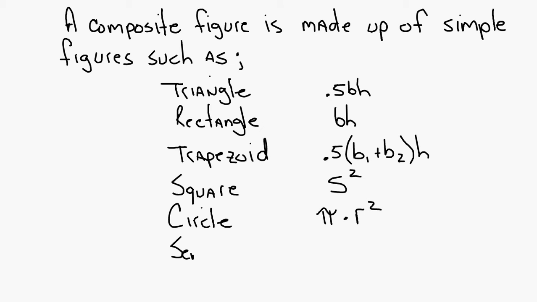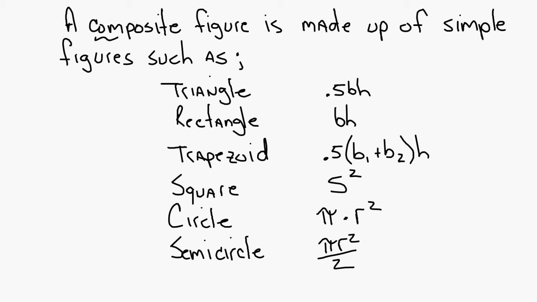Semicircle, that's half of a circle, right? So that area formula would be equal to pi times the radius squared divided by 2. So those are all examples, or most of the shapes, that are going to make